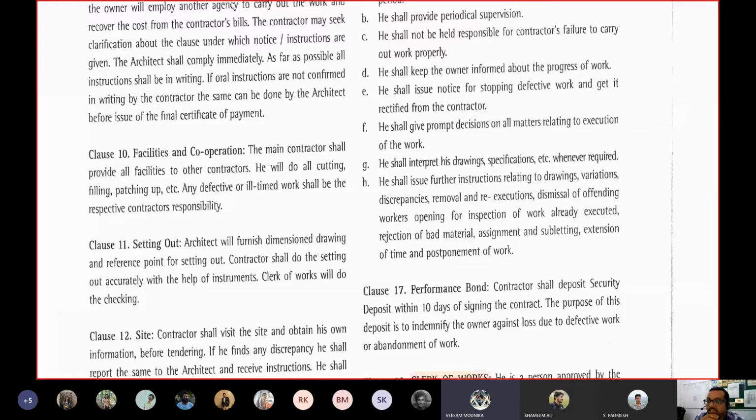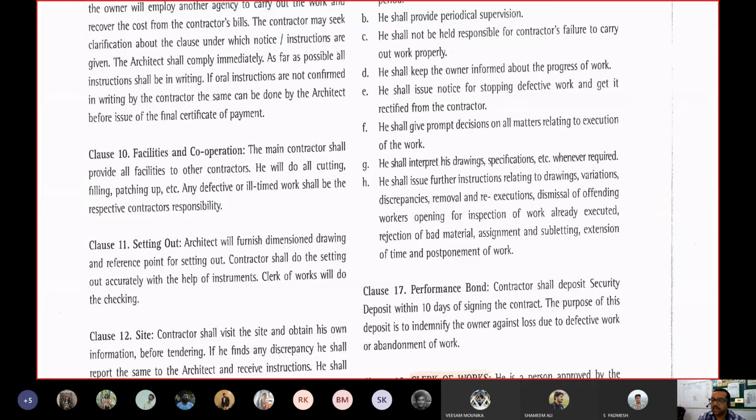Earnest money. So what is happening is after these tenders are selected, you have returned the earnest money of everyone other than the first two bidders, the lowest and the second lowest bidder. Now you are signing a contract. So what you can do is either you can keep the earnest money with you and again ask for a performance bond, or in this particular contract you write that the earnest money that was deposited by you will, from the date of signing of the contract, be converted into a performance bond, and you return the earnest money of the second lowest bidder with whom you are not signing a contract.